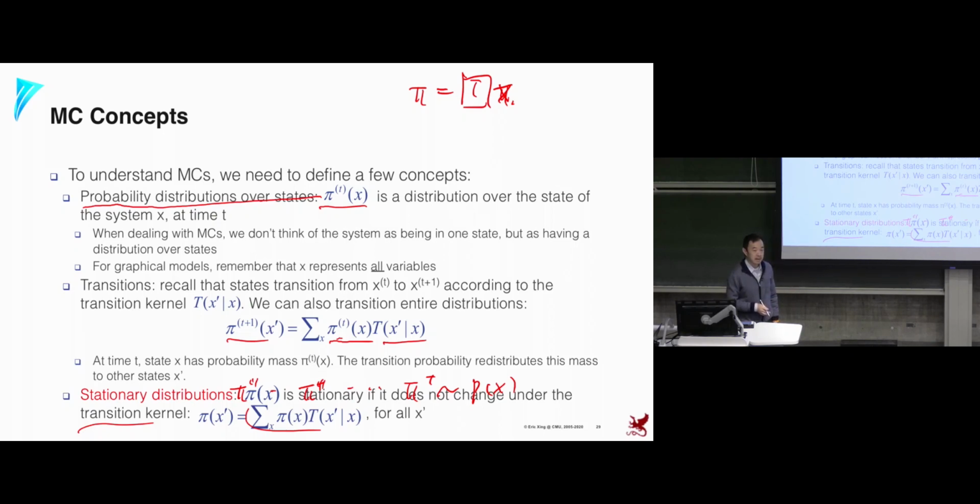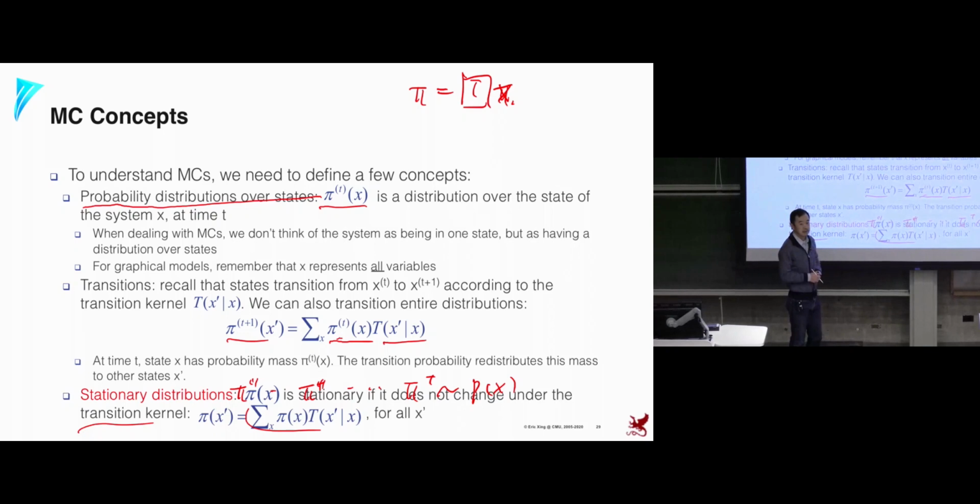Okay, and therefore that suggests not all transition kernels lead you to a stationary distribution, but if you choose the right transition, you may have a stationary one. And stationarity is important because you can guess if convergence to the right distribution happens. It has to be stationary, because once you are in the right distribution, you don't want to move out,